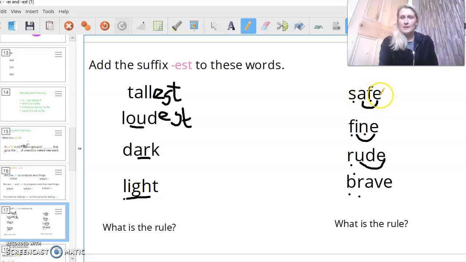These all end with, let's have a look, E, E, E, E. Do you think we need to add EST at the end? So if we add EST, do we think this looks right? E, S,